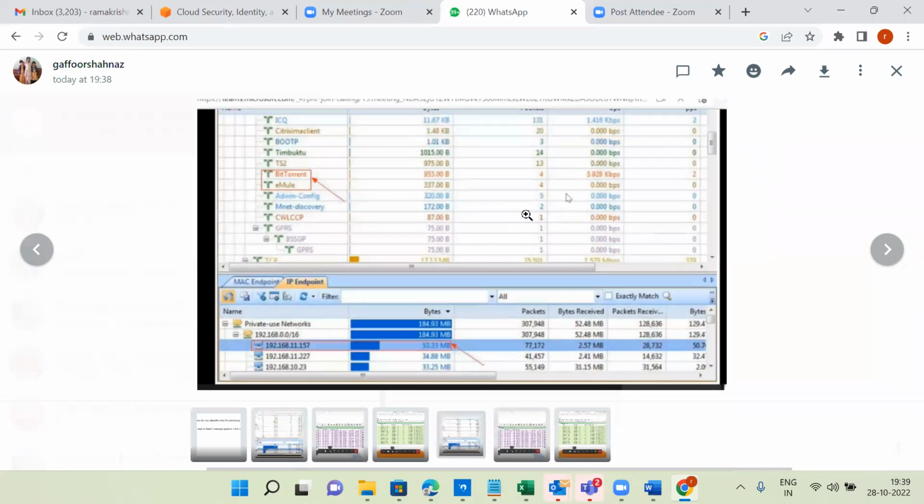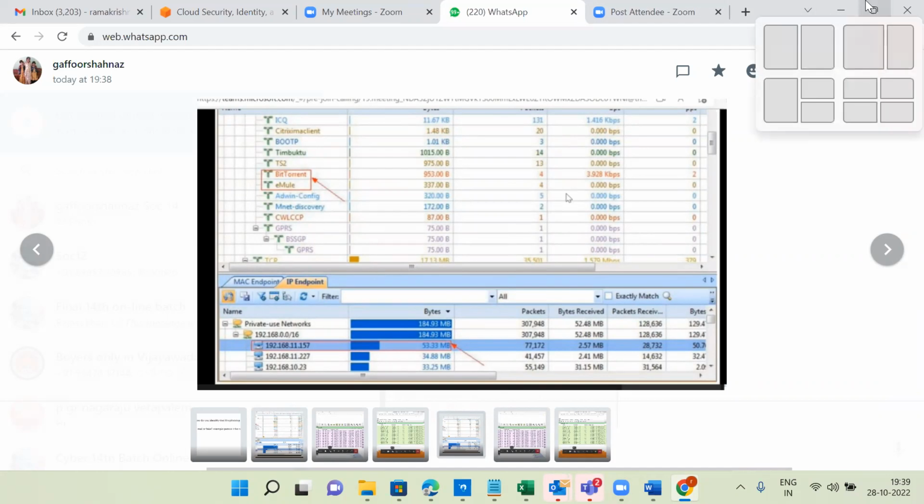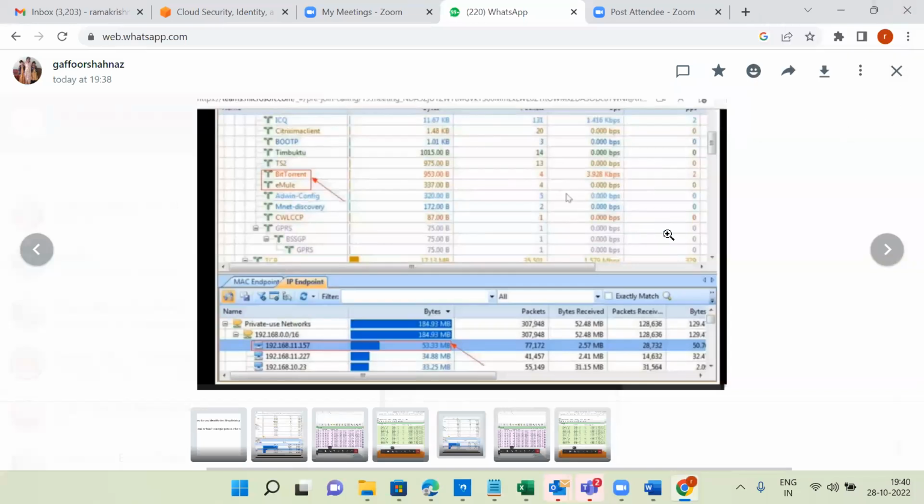Email software, BitTorrent software, 192.168.11.157. But where is the payload? Here it is showing only the IP address.